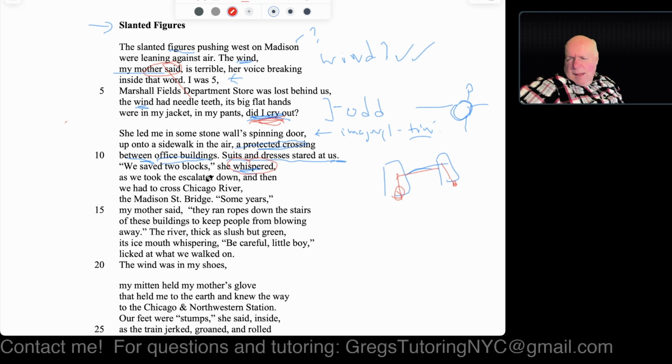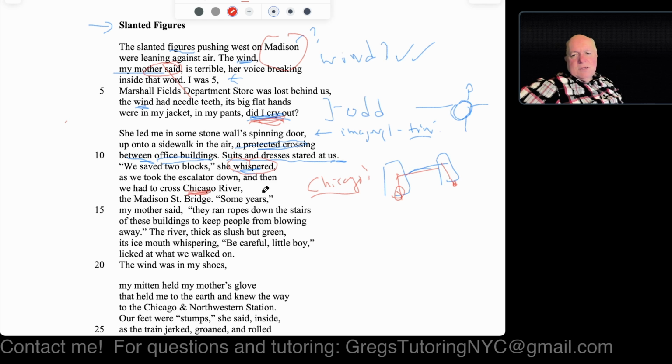Yeah, right. And then we had to cross the Chicago River. All right, so here we have another physical context. We had Madison up here. So Madison seems to be in Chicago. It seems to me that with the Chicago River they're probably in Chicago. As you guys probably know, they're not in Manhattan or one of the 5 boroughs.